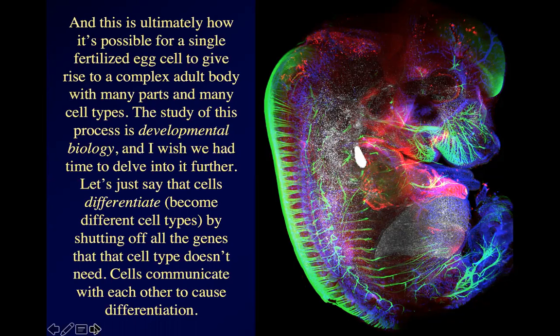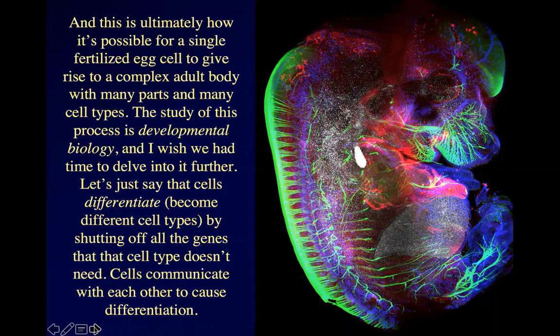Ultimately, this ability of some genes to switch other genes on or off is the ultimate secret for how a single fertilized egg cell gives rise to a complex adult body with lots of different cell types. The study of this process is called developmental biology, and we just don't have time to get into it further, which is a pity. It's absolutely lovely. What I'll say